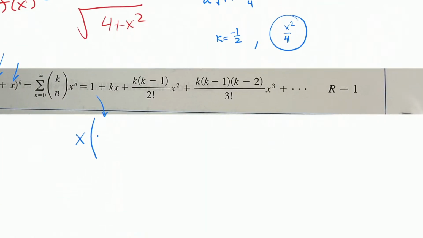So I have x times 1. Now I'm going to copy everything down that's right here. So I've got the 1, and then k times x. So this is going to be negative 1/2 times x plus negative 1/2 times negative 3/2 over 2 factorial times,